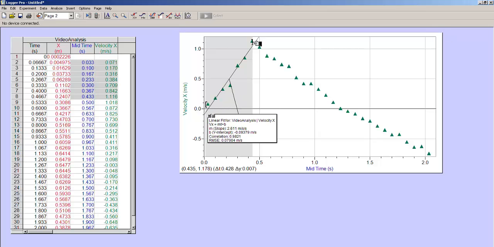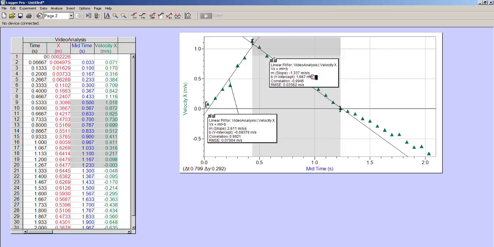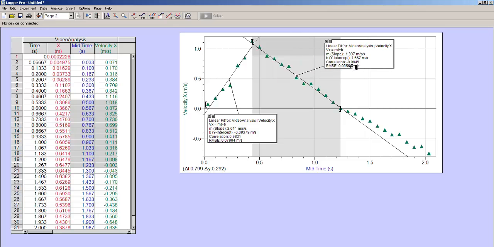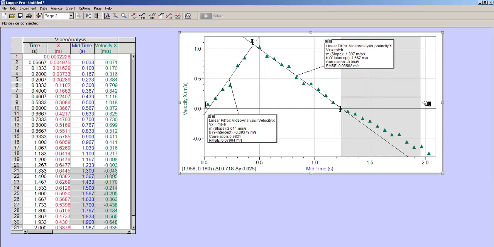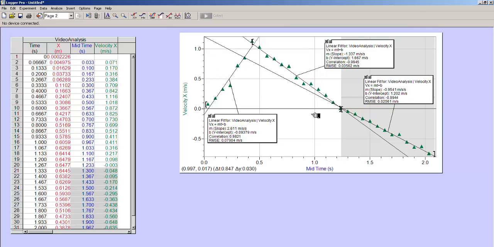And then highlight this next segment. That goes all the way to when the velocity changes direction. So this segment represents it rolling up the hill. Nothing's pushing it or pulling it. Again, hit another linear fit button. And then finally this last segment when it's rolling down the hill. And we have a different negative acceleration here, and we can go ahead and find it. It's a little obnoxious with the amount of lines going on, but at least it allows us to calculate